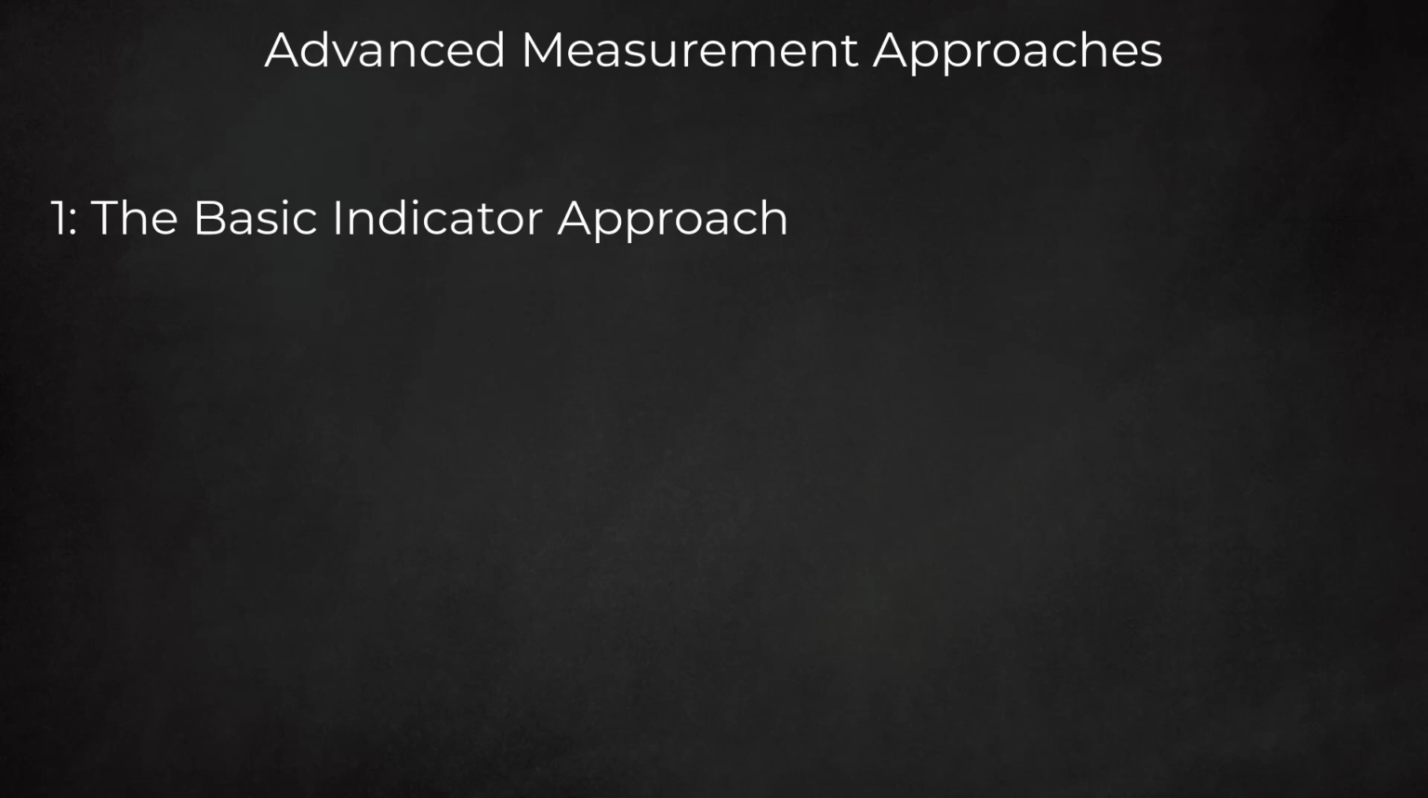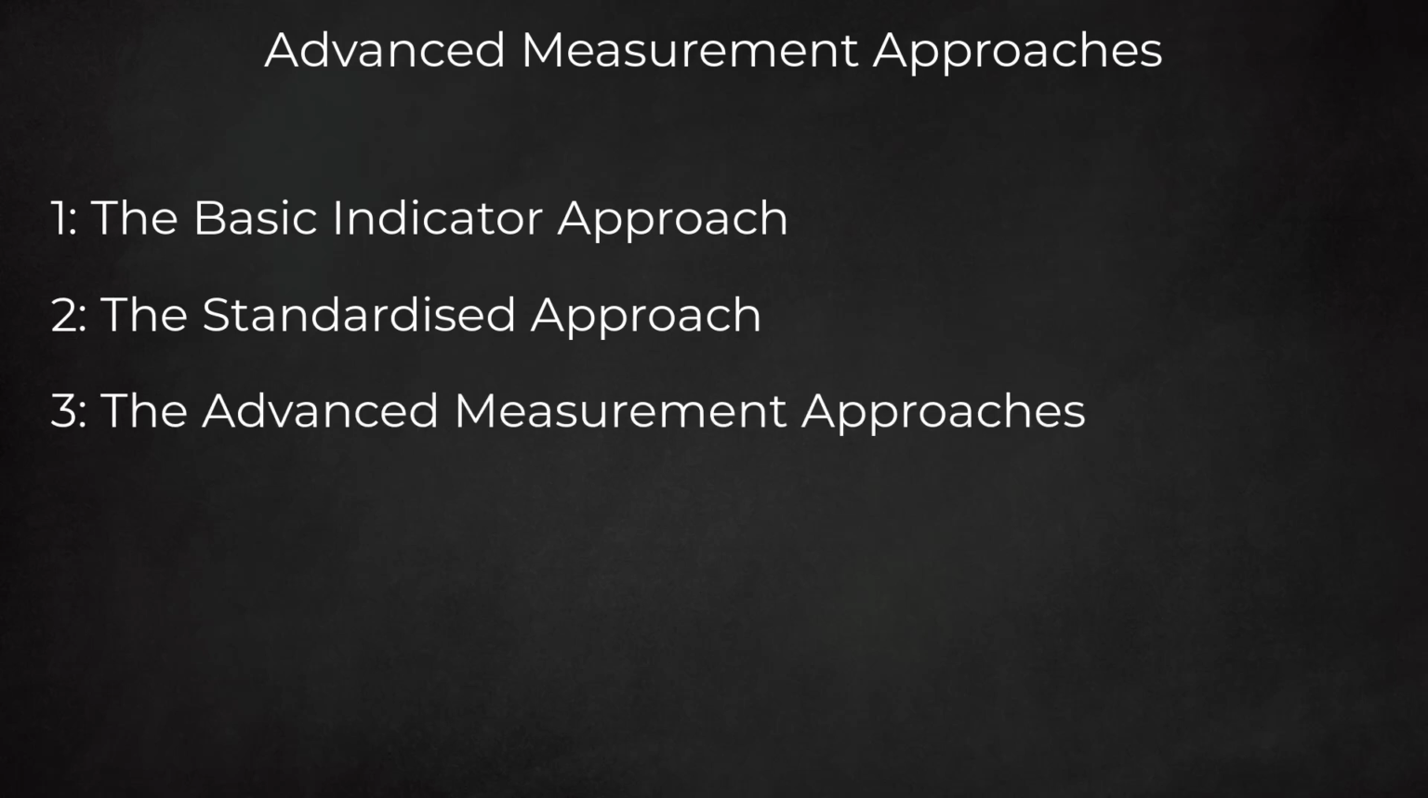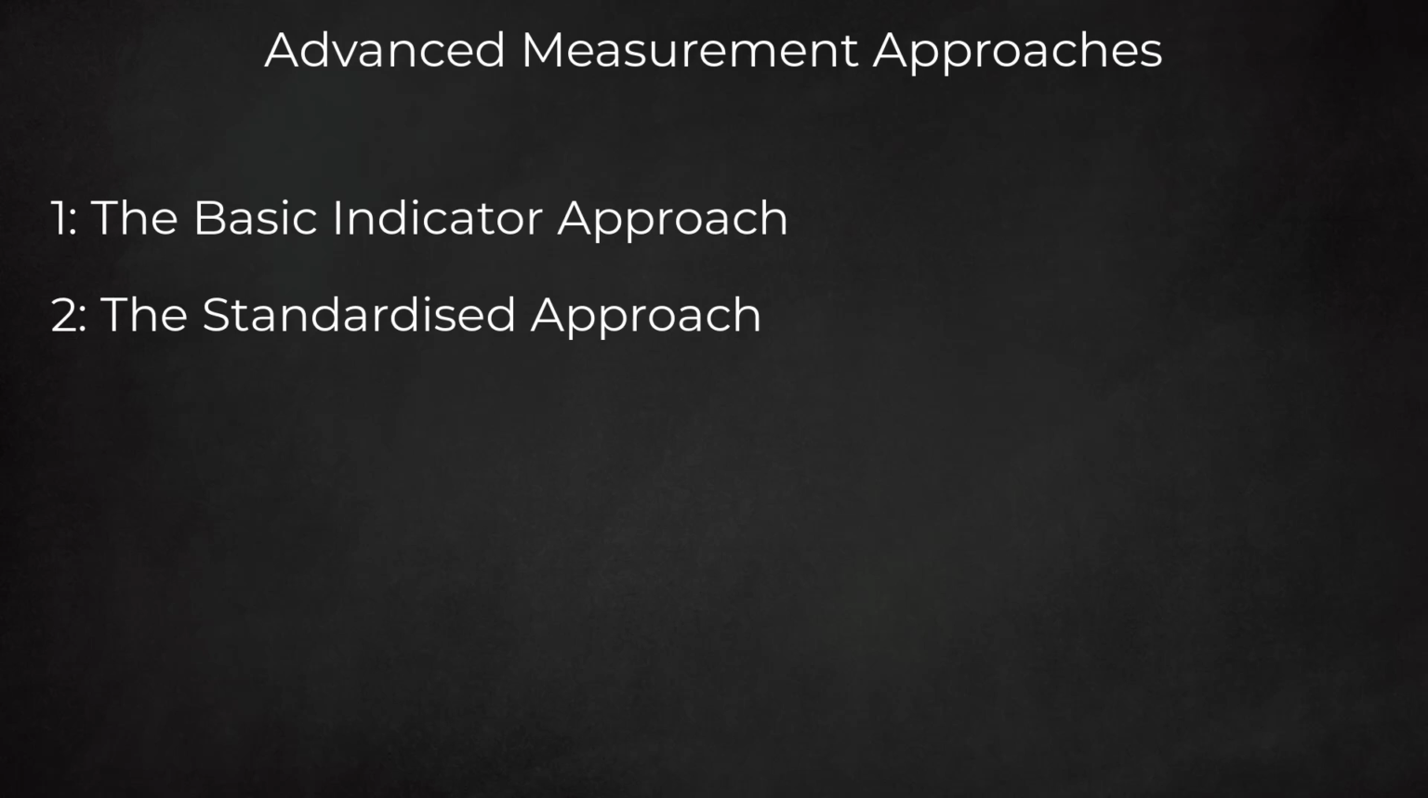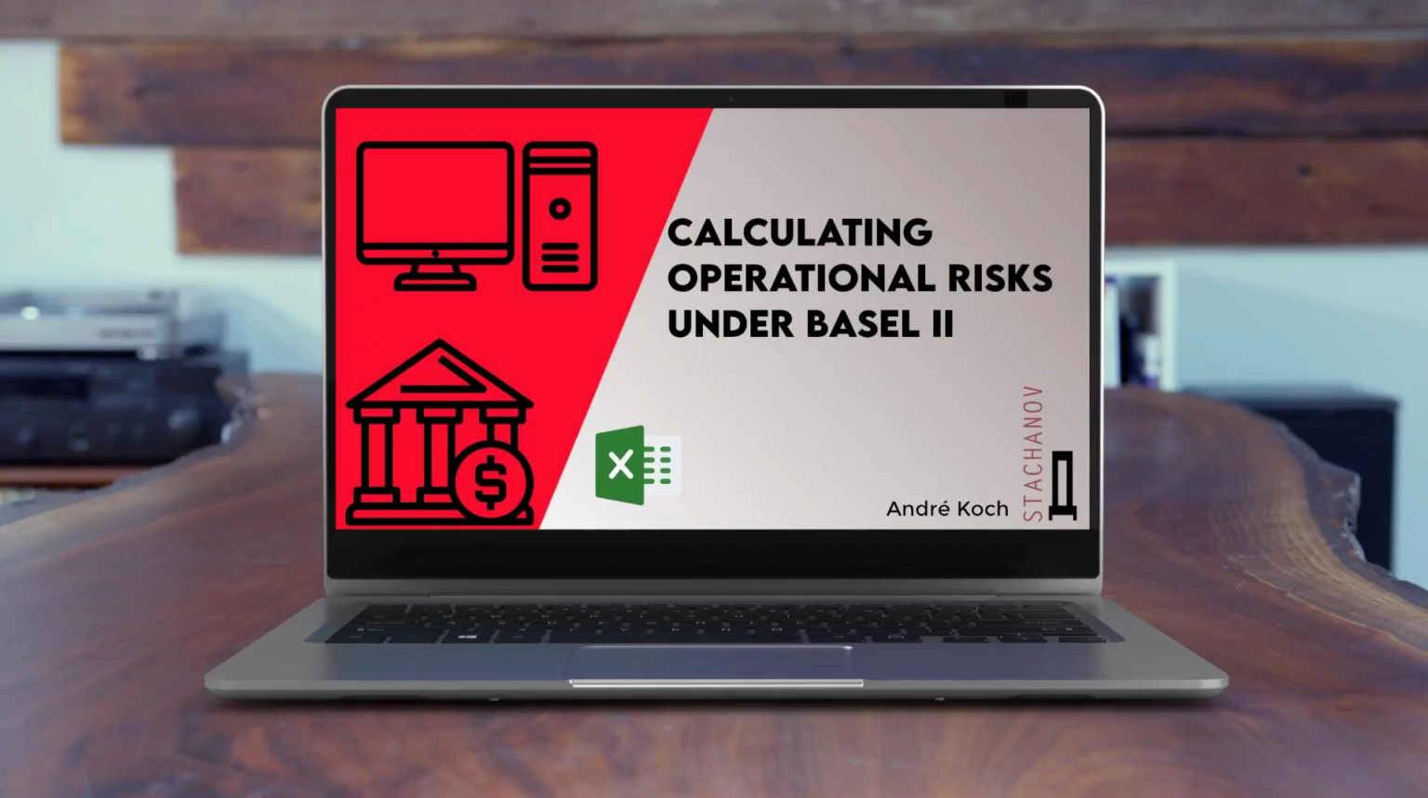1. The basic indicator approach. 2. The standardized approach, and 3. The advanced measurement approaches. The basic indicator and the standardized approaches are straightforward and easy to model. Both are based on gross income and fixed percentages for the financial institution as a whole or for its business lines. We have published a brief video that explains these approaches in more detail and shows how to calculate the